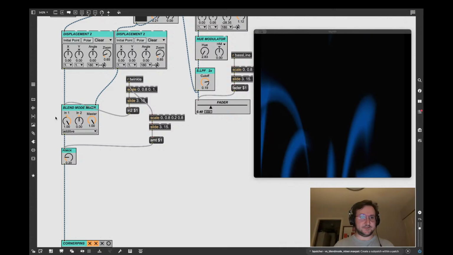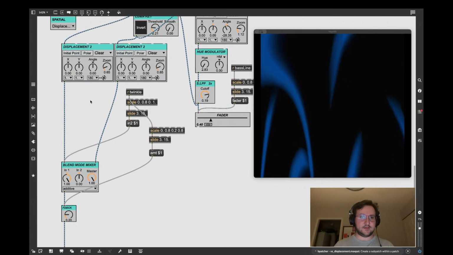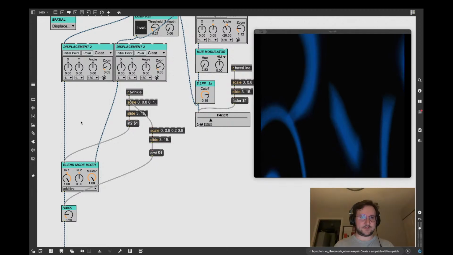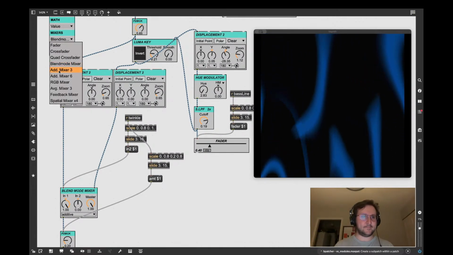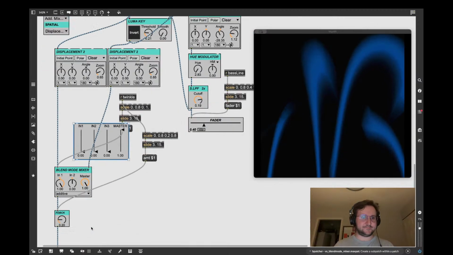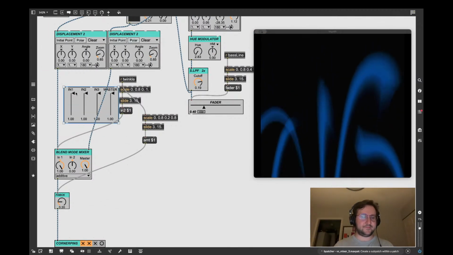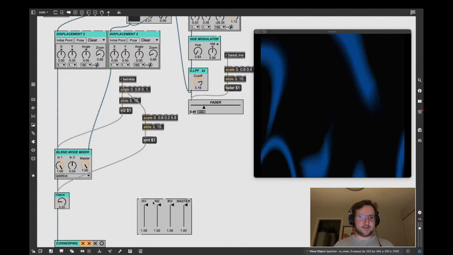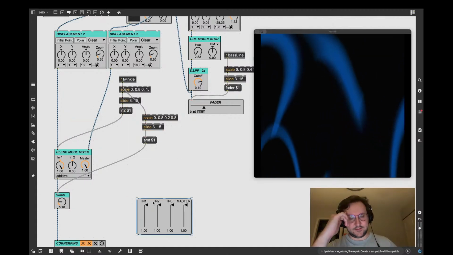What we're going to do is, it's going to have to be an additive mixer, 3 channels. Just turn them all up for now. So what we need is 1 channel for the,